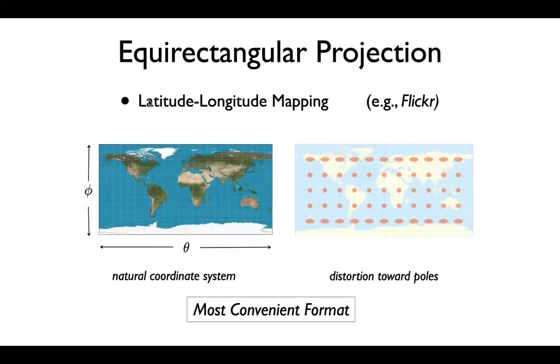So the lat-long representation is basically a parameterization of the angles, latitude and longitude. What is done is you have the longitude going from 0 to 360 degrees, and the latitude going from minus 90 to 90, right? So we have the angles around and along, right? But then you map these angles in a